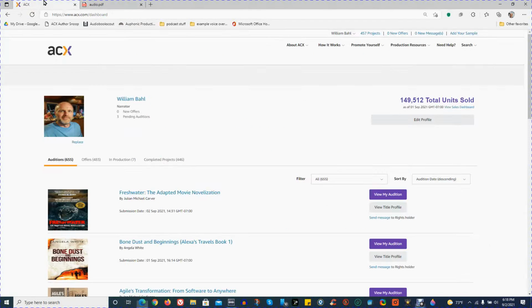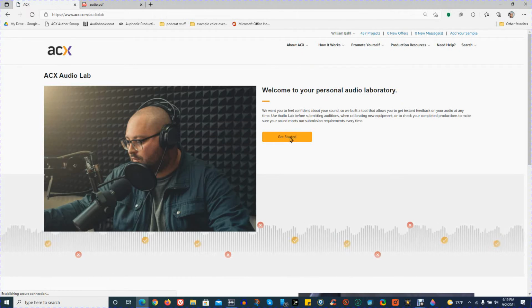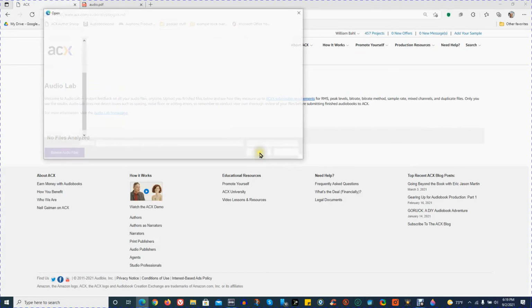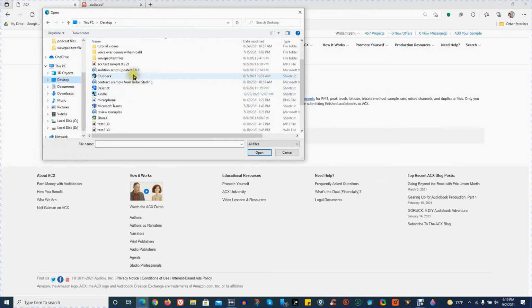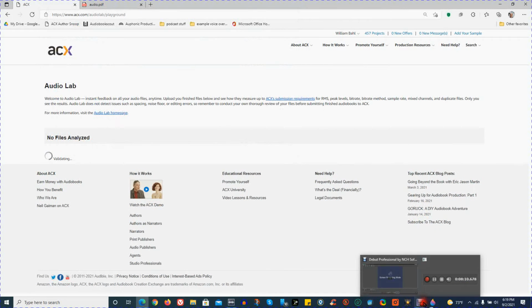So now the last thing I'm going to do is use, on ACX, under production resources, the Audio Lab, and the Audio Lab will test your audio to show you if it would pass ACX submission requirements. I'm going to browse audio files. On my desktop, I have ACX test sample that I just created, 9/2/21, and it's uploading that to check it